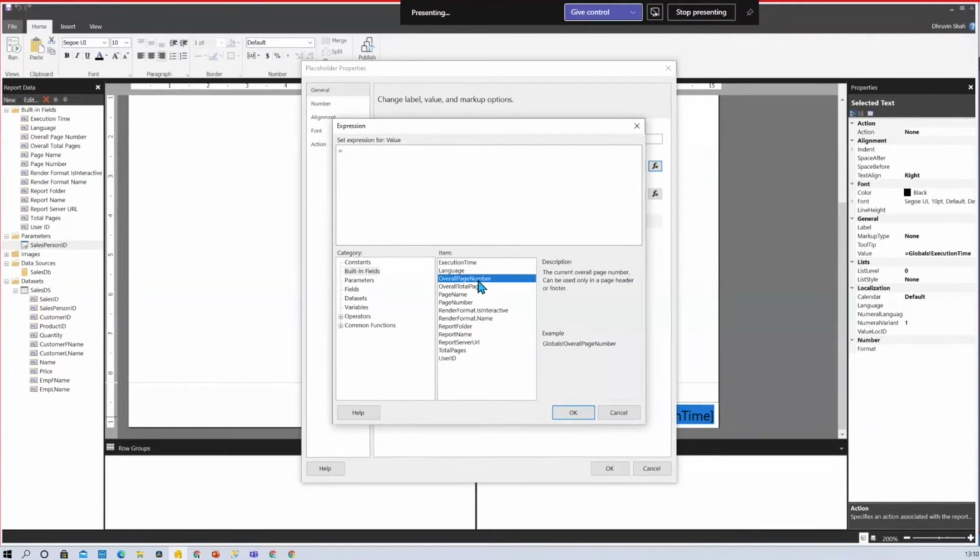So we will select overall page number, and after that I wanted to show how many pages there are in total in the report. So I will embed one string and add overall total pages and just press ampersand